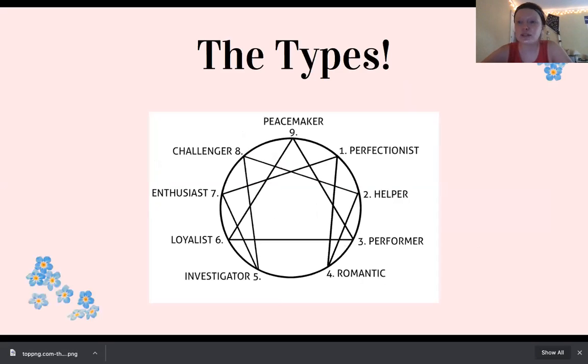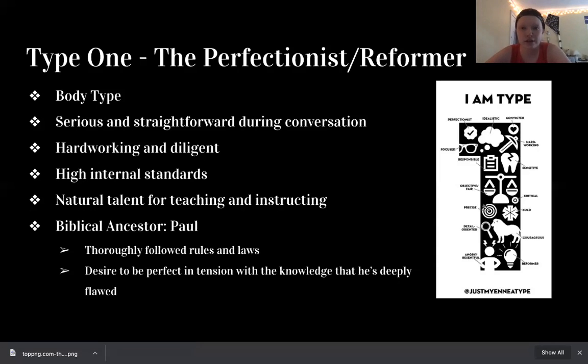So let's just get into the types one by one. Each type has a color that is associated with it, and that is what I've used for the background of each slide. There we go, that's a little brighter. So this is type 1. If you look right underneath my photo, you will see a graphic that is made by @justmyenneatype on Instagram, an account that I really like, and it gives a general overview of the type. But there's also some descriptors,